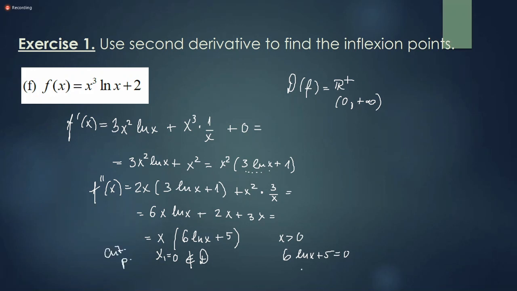That means that ln of x is minus 5 over 6, and the actual critical point is evidently e to the power minus 5 over 6. Or you can say it's 1 divided by the 6th root of e to the 5th power. So this is an inflection point we can check because we understand what is going on with the sign diagram,